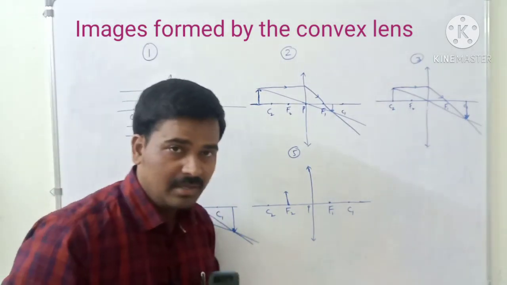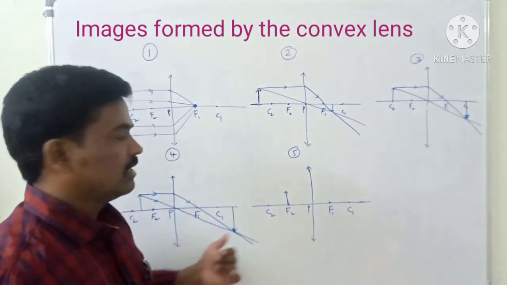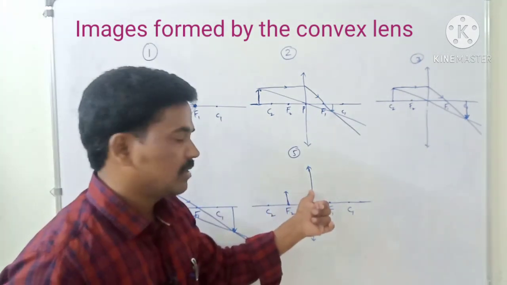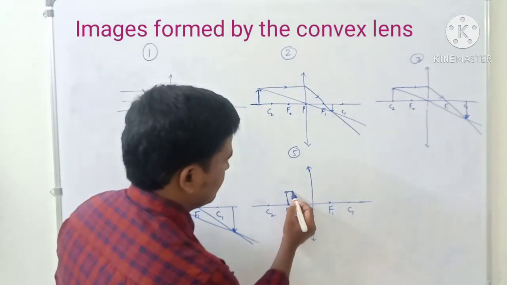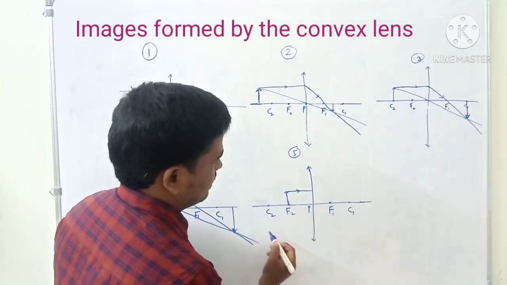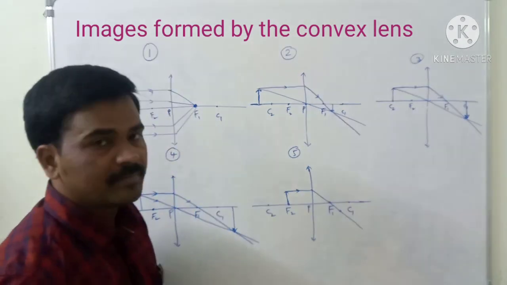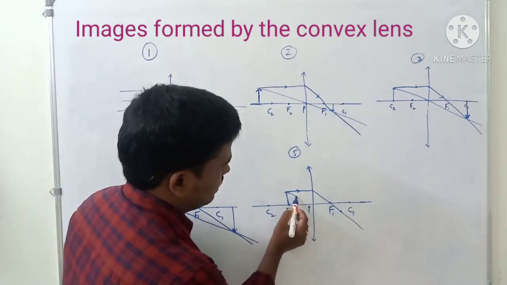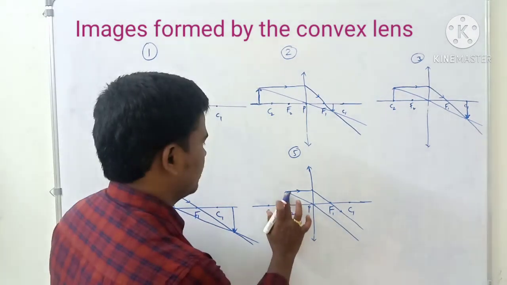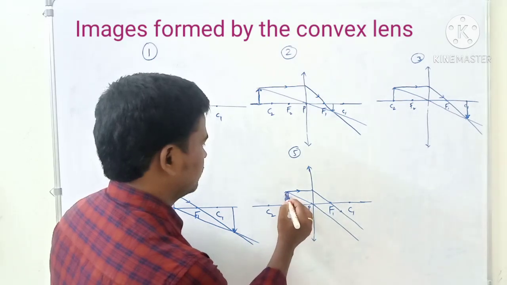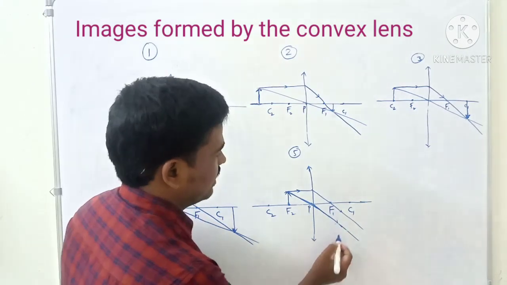We have to draw two rays. Every time I am drawing the same rays: the first ray is parallel to the principal axis, the second ray is going to the optic center. Let me draw the parallel ray to the principal axis. It goes through F1, and the next is this ray, like this. So you can imagine now how the rays are going.